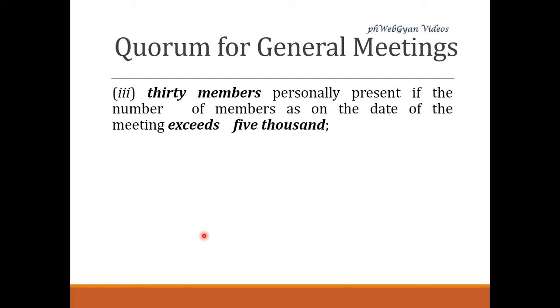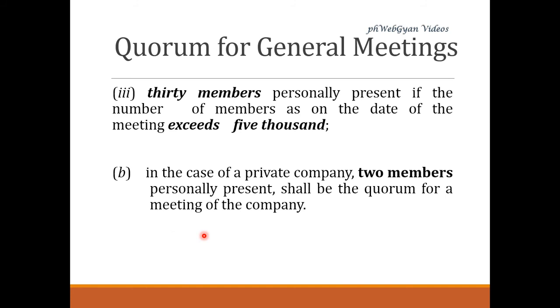Now moving forward, the second type of company being the private company. Two members personally present shall be the quorum of the meeting. Okay, so what does personally present mean here? Personally present means not through proxies, but those members should be present personally, that is, physically they should be present over there. Now, secondly, in case of a private company, there is no deviation from the earlier act. The earlier act also provides that the minimum number of members for a duly convened meeting shall be two members personally present, and so is the case with this new act, that is the Companies Act 2013.